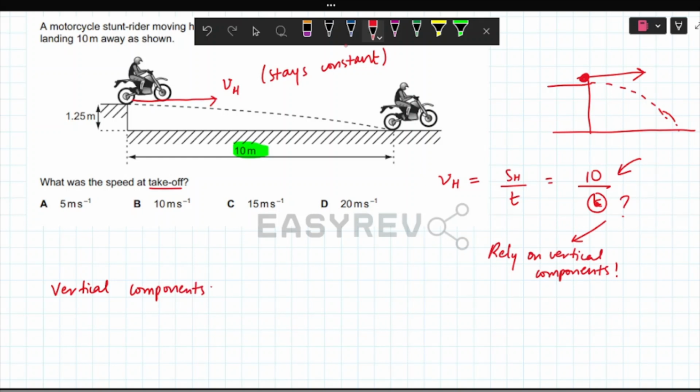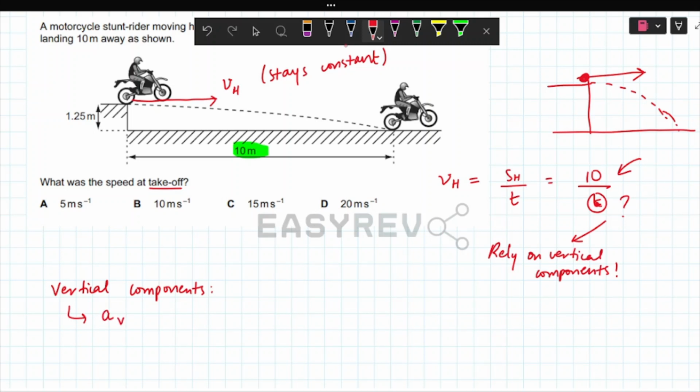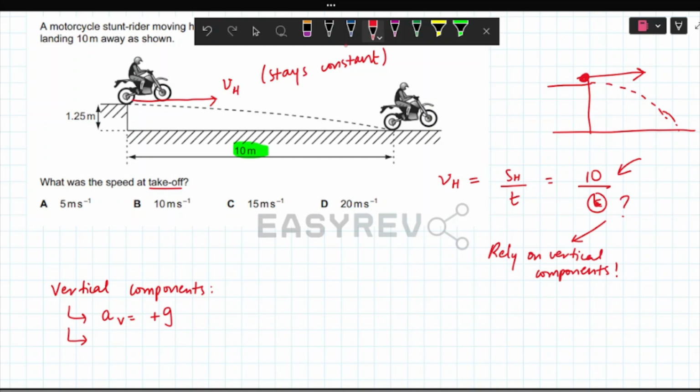Now for the vertical component, what do we have? Since this projectile is falling downwards, there will be an accelerating sort of effect. So the vertical acceleration will definitely be equal to positive the gravitational acceleration. We know there is a vertical displacement as well, 1.25 meters. We know the initial vertical velocity as well. That's simply 0 because at the start it's completely horizontal. So there is no vertical component to be seen. We can use these